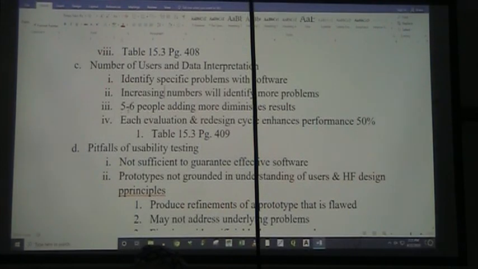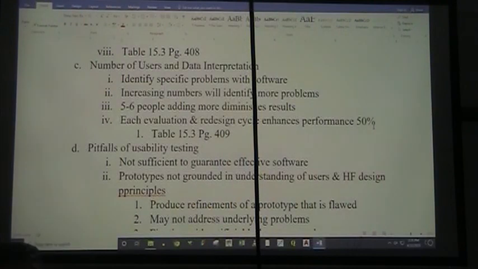But 5 to 6 people is optimal. If we do more, it may diminish the results, or it may give us too many false leads. They're saying that every evaluation and redesign cycle will enhance performance by 50%, which brings us to